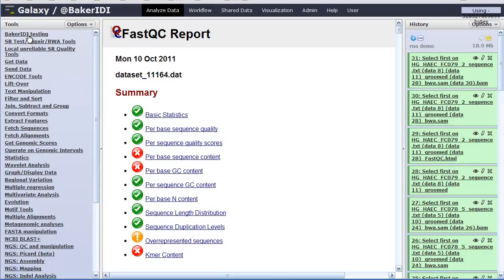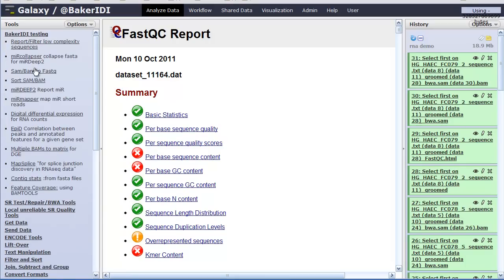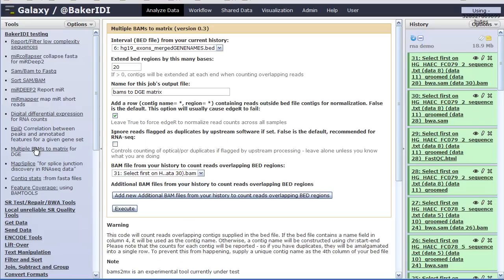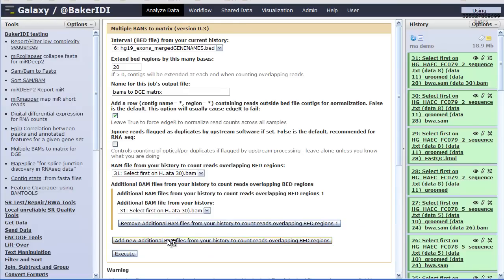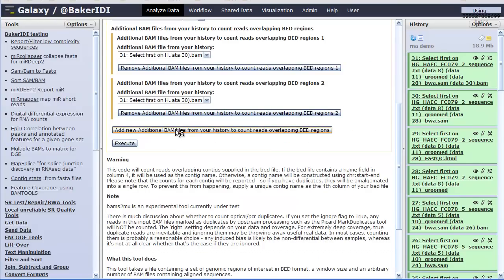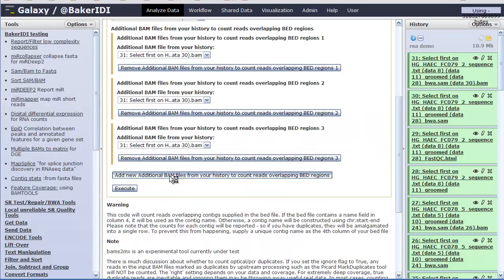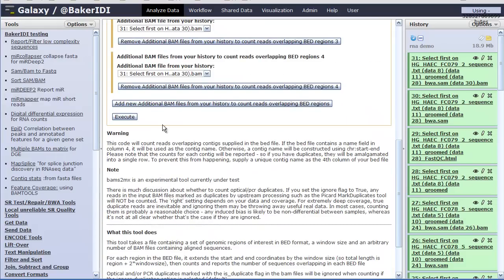So now we go into the Baker IDI testing toolkit, and you'll see there's lots of choices. One of them is multiple BAMs to matrix for DGE. That's the next step in an RNA analysis. And we're going to add this BAM file, but we're also going to add a whole lot more. We're going to add 5 more. This is very difficult to do cleanly, so I'm going to do it. That's 2, 3, 4, so I'm going to do 5 of these,